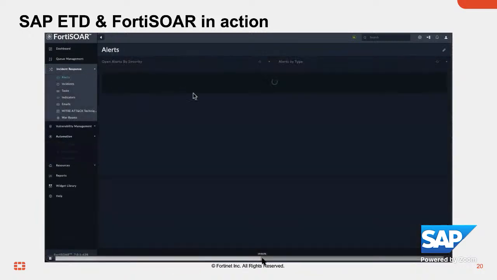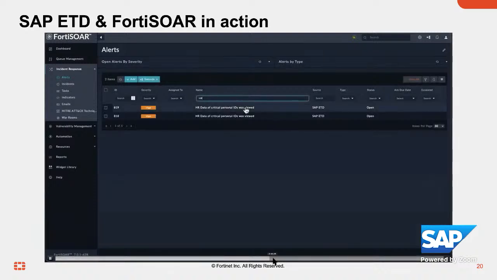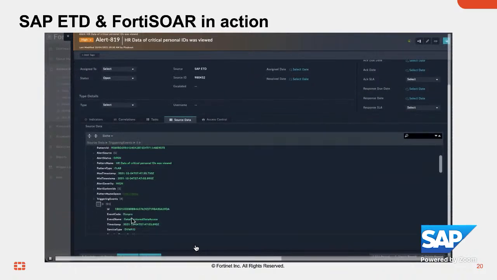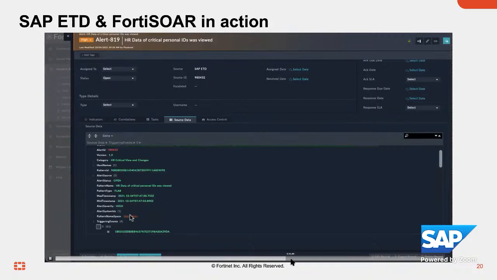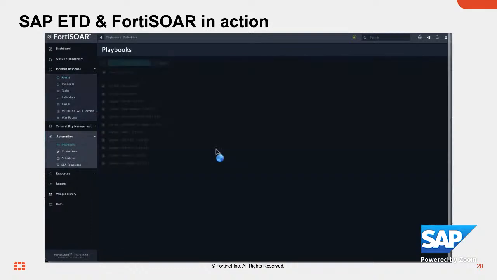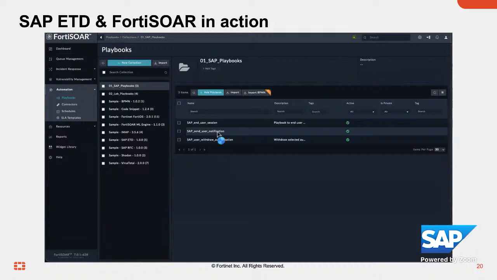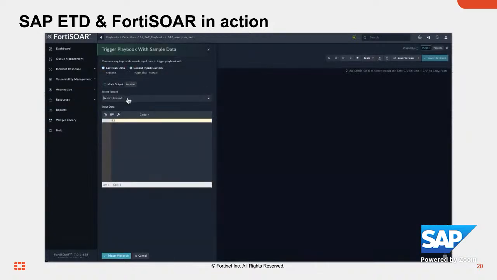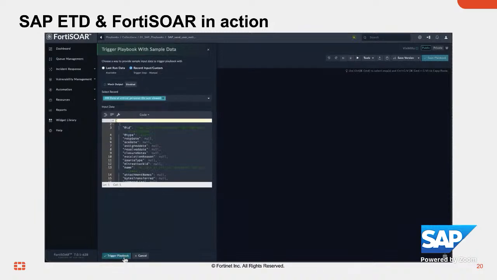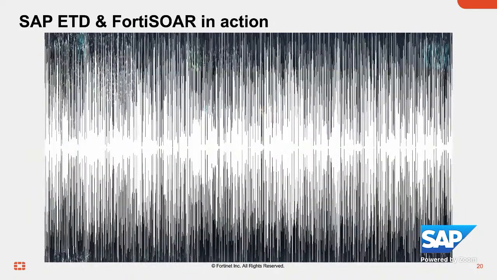And when we now go over to these playbooks, we can, for example, trigger a playbook which allows us to send a notification to a user, who will be notified, hey, you're doing something suspicious. Let's stop what you're doing and maybe circle back. You're on very thin ice. To execute a playbook, we again select our HR alert in that case and run that playbook. You can see it's just a very simple step, just one step.